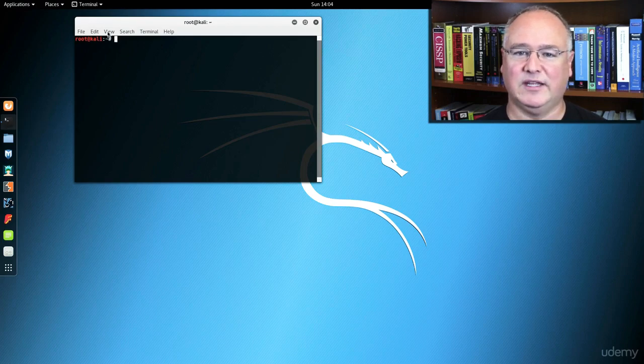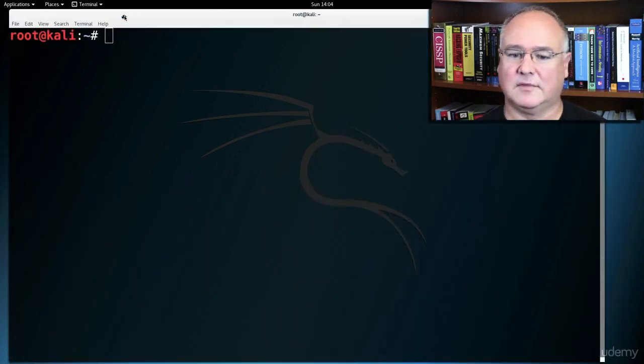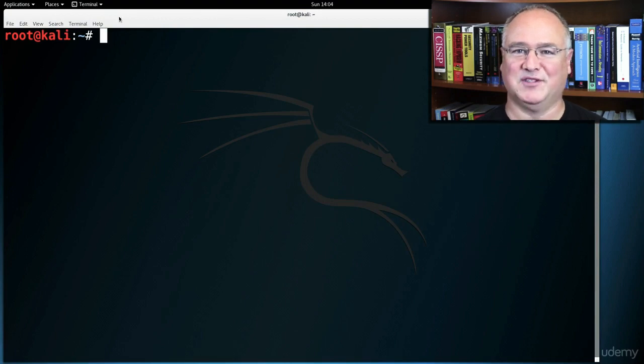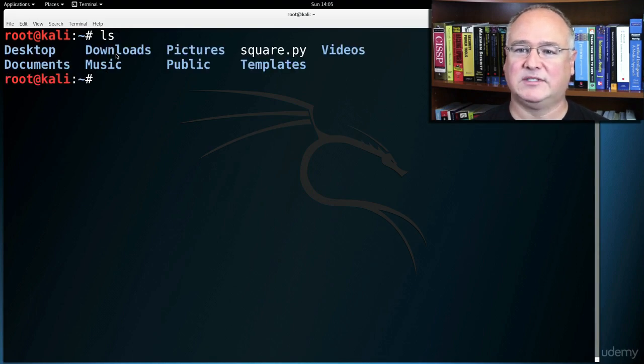And we're going to zoom in until our command line terminal almost fills up the screen, just so we'll be able to see everything pretty clearly as we do each of these. Well, when I'm first logged in as my root user, if I do an ls, that is a directory listing, it will tell me that I've got all my home files, and I can see that I'm in as root on my Kali host, and that tilde just means that I'm in my home directory or my user's working profile